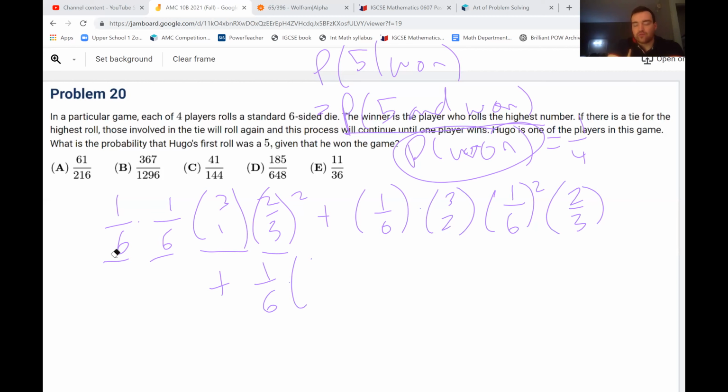Everybody else also rolls a 6, which will happen 1 out of 6 cubed, right? So it's basically 1 out of 6 to the power 4 because they all need to roll a 6. Roll a 5 is what I mean. So if we can calculate this probability, what would we get? So we're gonna have what? 1 out of 36